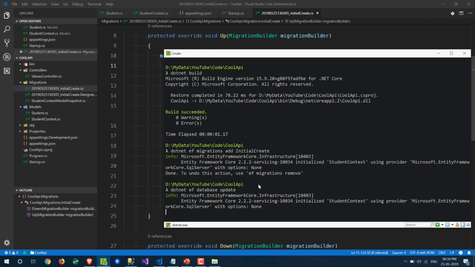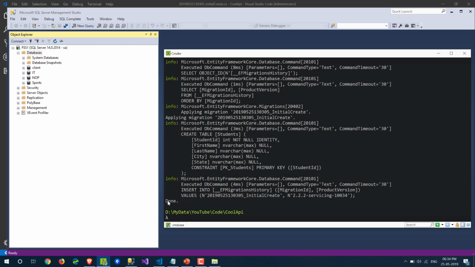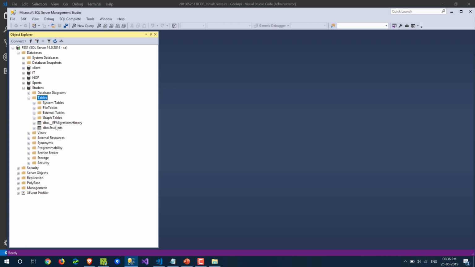So it is creating my database and a few other steps there. Here it will create the database. Okay, so it says now it has been done. So if you see now, the student database has been created, and these are the two tables where our student